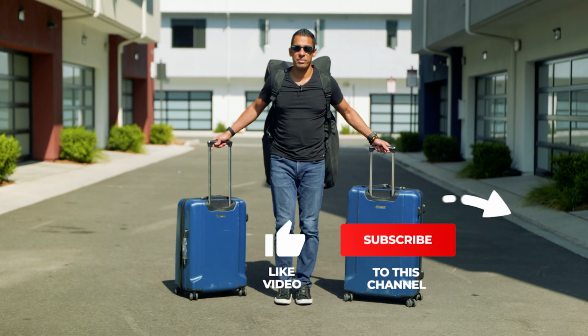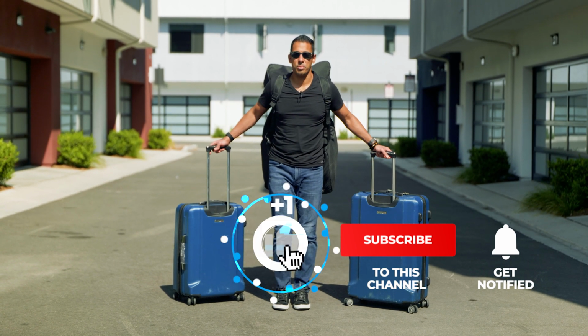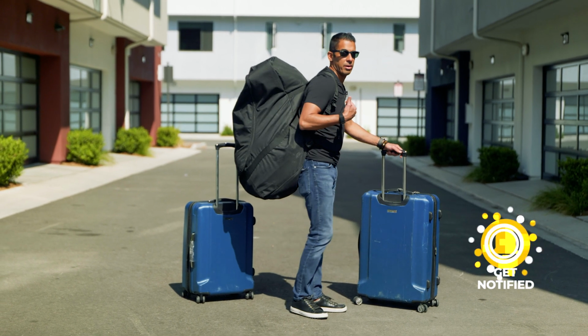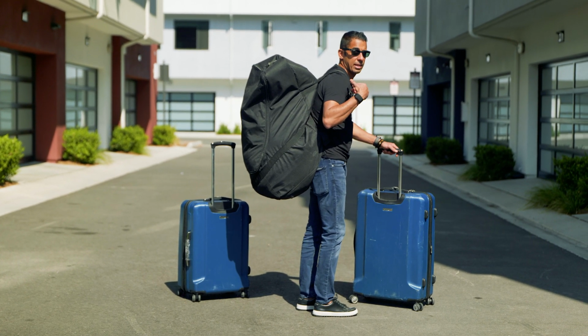So what other choice do you have if you don't want to spend $330 on this super cool travel car seat? Well, you can lug your 60-pound car seat on your back in a backpack like this,